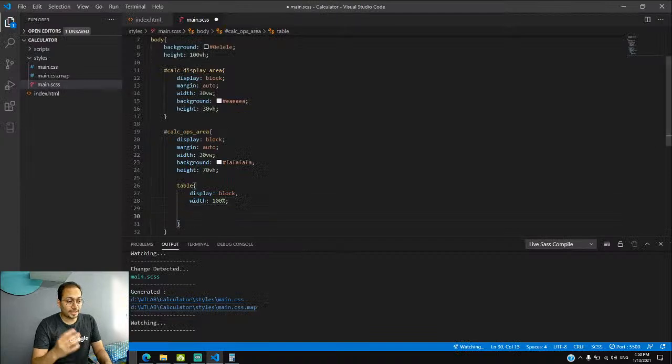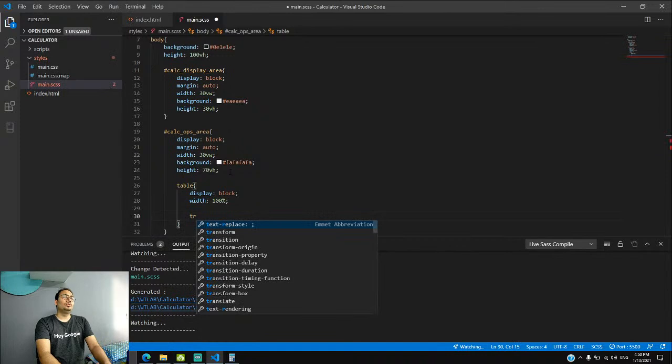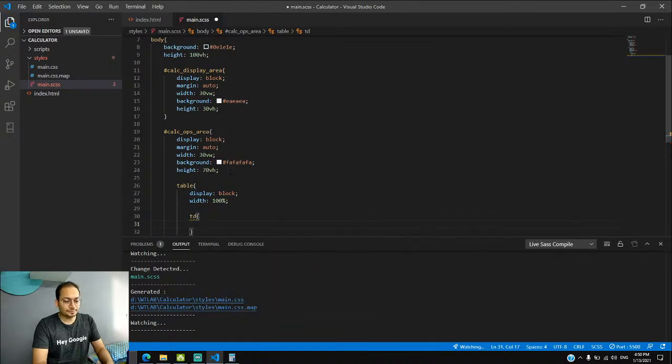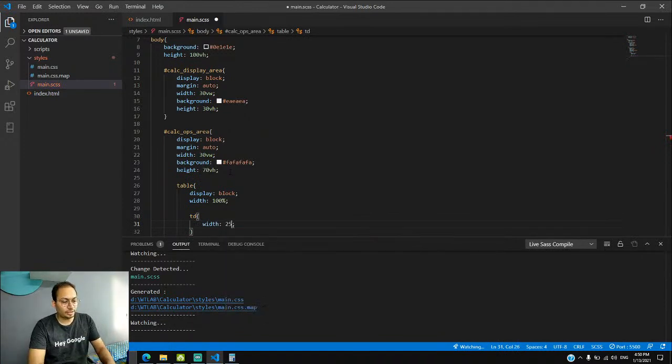Now inside of the table we have got our TRs, and actually I don't think we need to style the TRs, but let's see. So let's directly go with TD. Here we want to set a width to it, and we have 25%